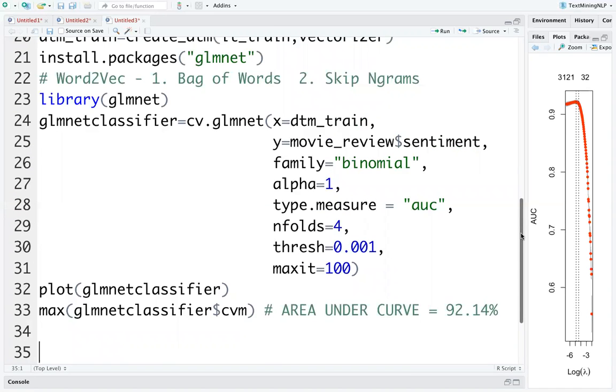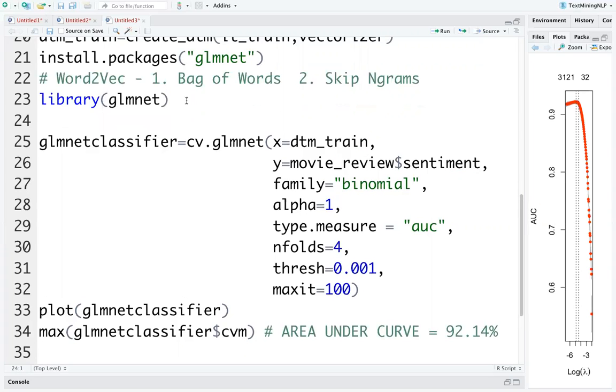Basically this is the bag of words model. Now if you want to use the skipgram,